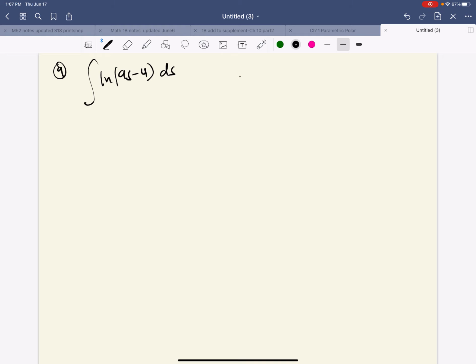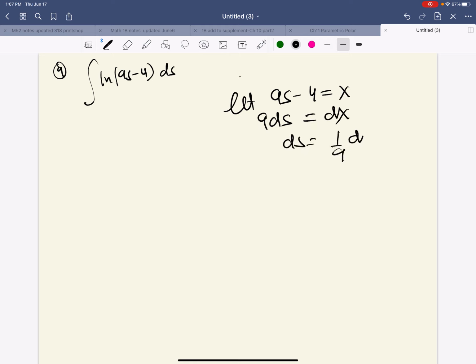I'm going to do a u substitution, but I'm not going to call it u. I'm going to call it an x, because eventually I would be doing integration by parts and I would be using u dv and u over there again. So I'm going to let 9s minus 4 be x. 9 ds would be equal to dx. ds would be 1 over 9 dx. Now I'm going to write this integral in terms of x. So ds is 1 over 9 dx, and natural log of